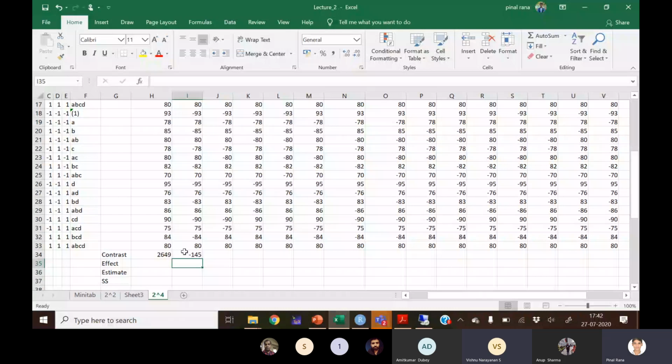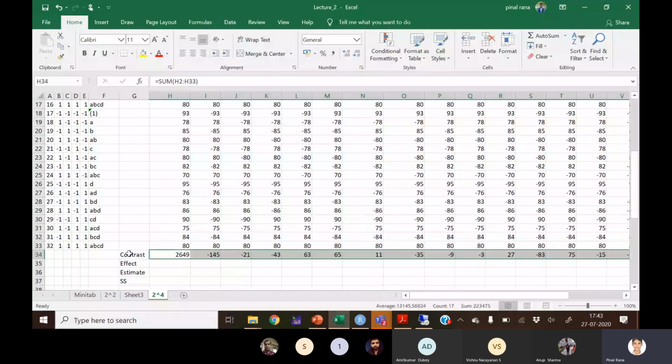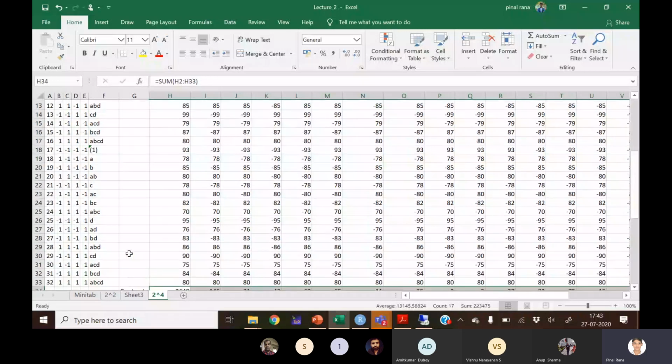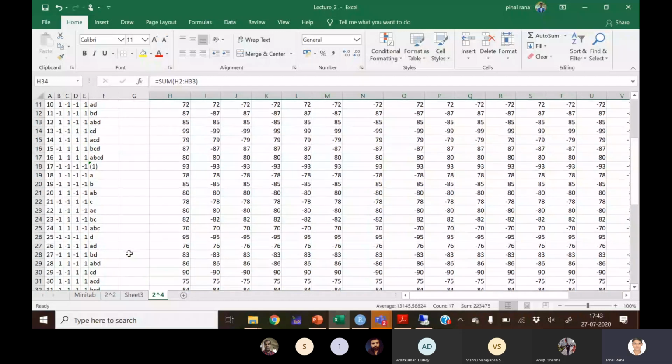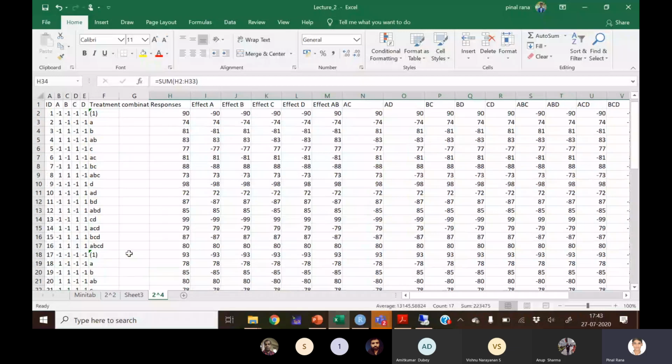Yeah, sure. So first we need to find the contrast. As I explained earlier, for finding the contrast we need to just take the summation of all the effects of a given variable. For example, here we have 2 levels, 2 variables. So in order to calculate the contrast of